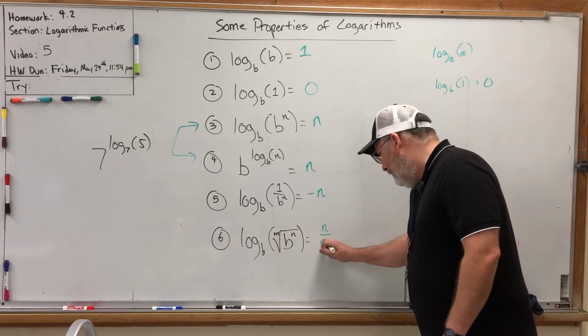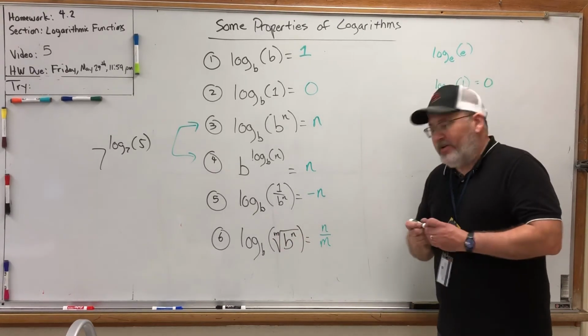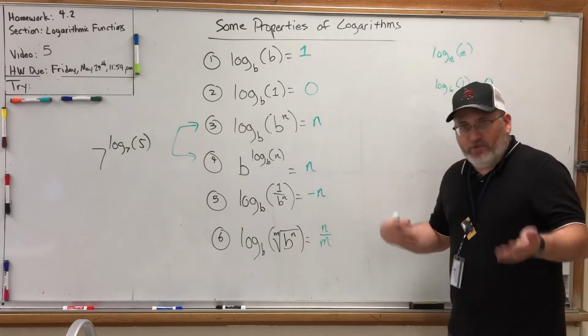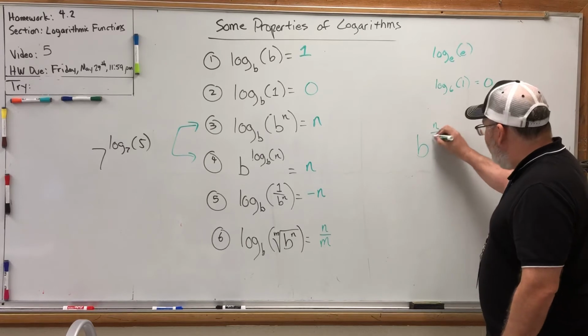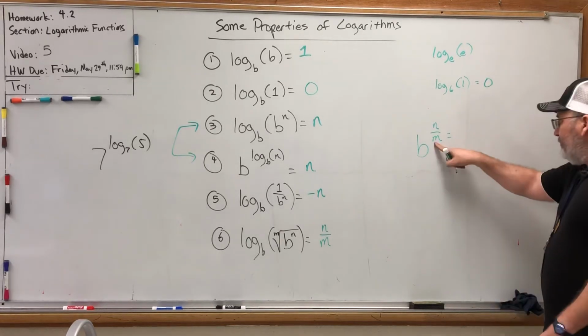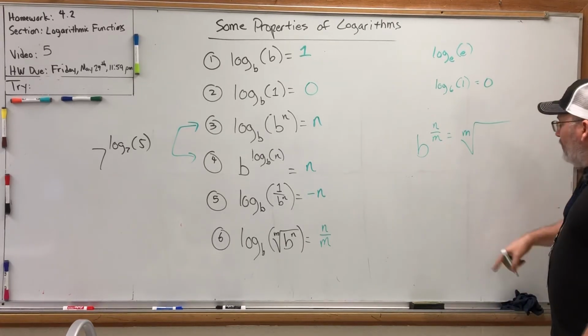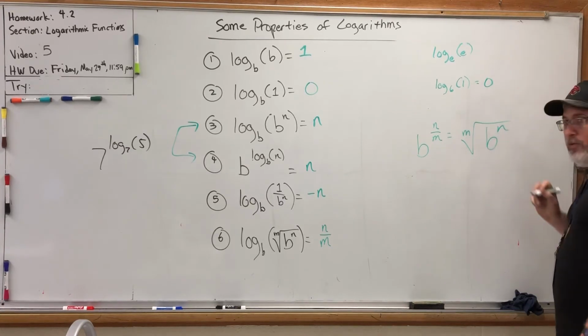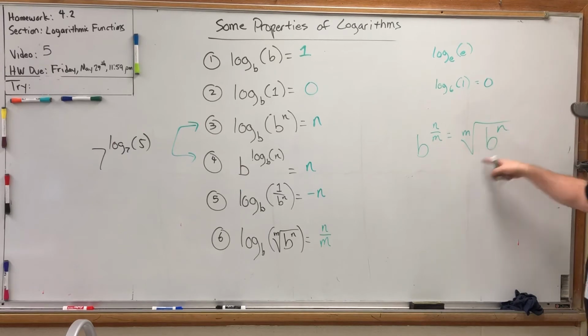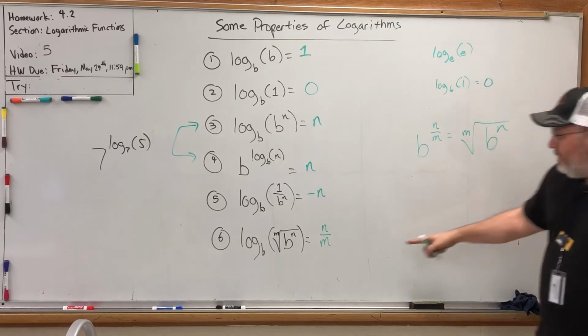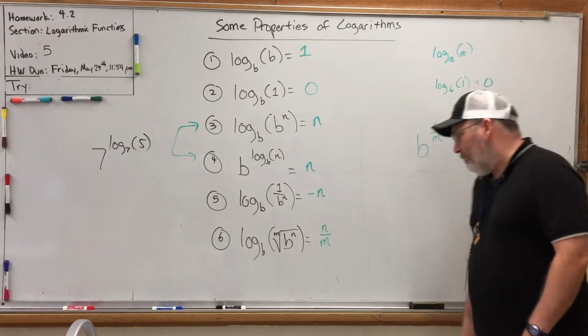index is the denominator. That's the tricky one to remember, especially if you're just trying to commit letters to memory without understanding the rule that says anything to a fraction power, the denominator is the index of a radical and the numerator is actually a power. But it's this rule, as an exponent rule, that directly verifies that the answer to this log problem is n